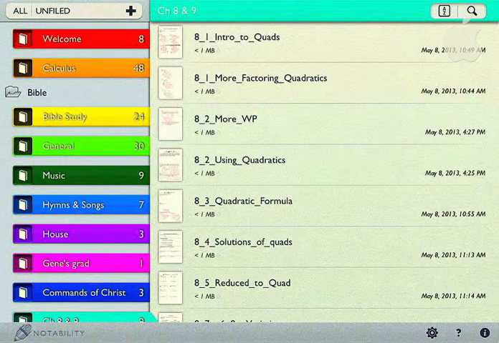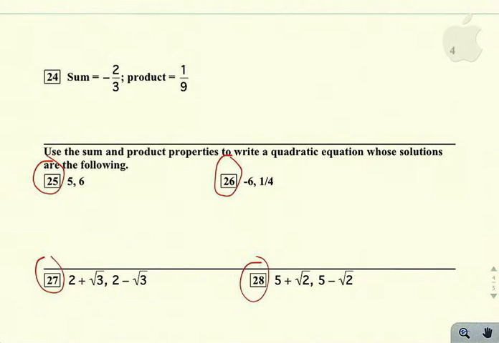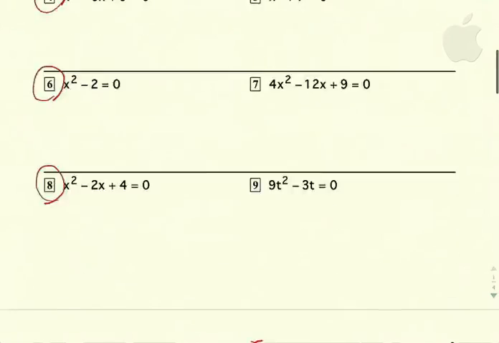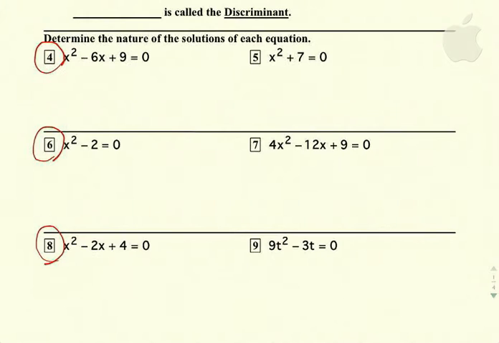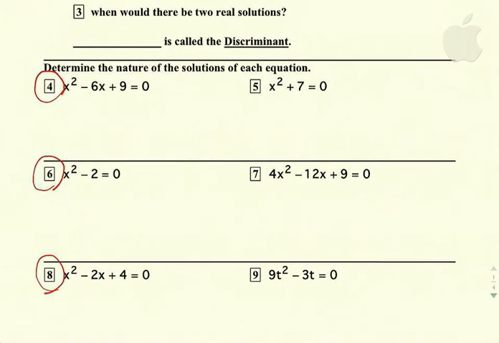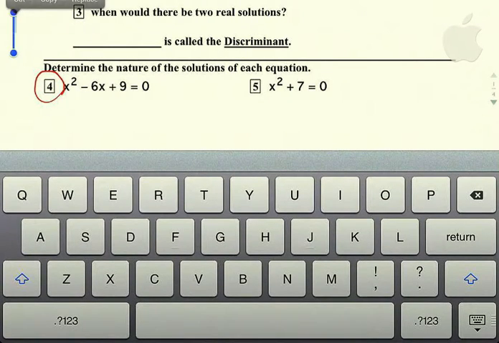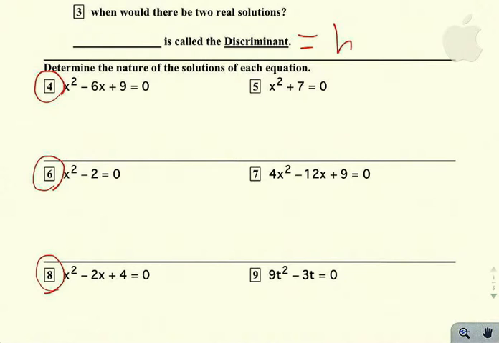Okay, go to 8.4 now. And let's see, we're going to start with number 4, determine the nature of the solutions. Remember, that's where you use the stuff under the square root. The discriminant is b squared minus 4ac. And when that's positive, you get 2 real solutions. When it's 0, you get 1 real solution. And when it's negative, you get